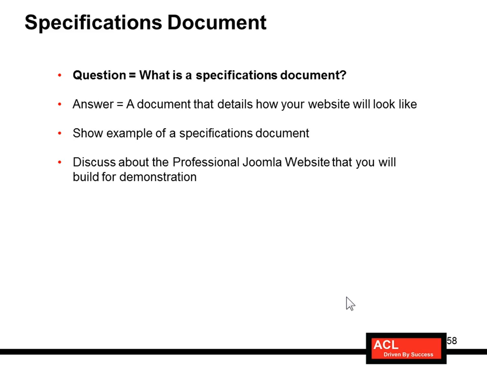So I believe it's good practice to have a specifications document that, even if it doesn't go into much detail, should at least contain at a high level what you're planning to do and the ingredients of your website. That will help you have a clear direction as you proceed in developing a Joomla website. As an example,